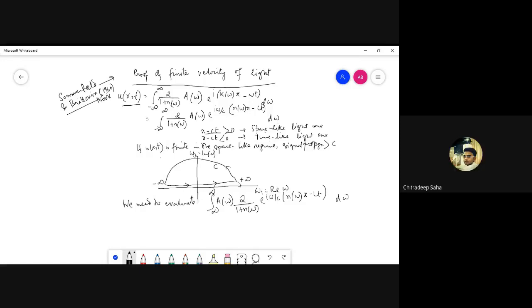Sir, are we going to prove that this upper half plane is not going to work anyway? Exactly. Let us just finish the proof, then we'll discuss after that. We must have a u(x,t) that is bound in time, bounded in time, that will be a decaying envelope.